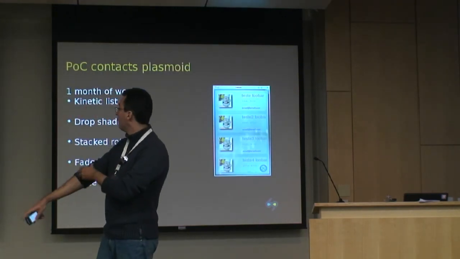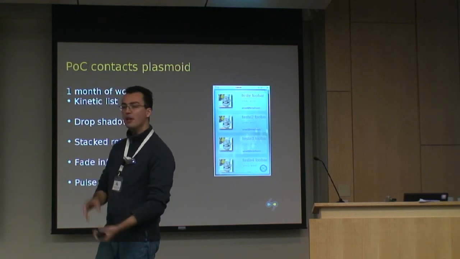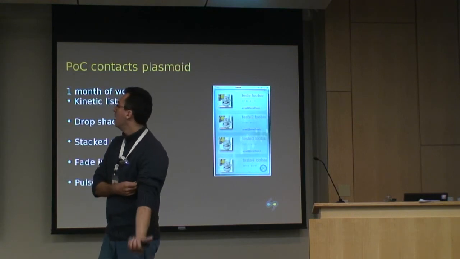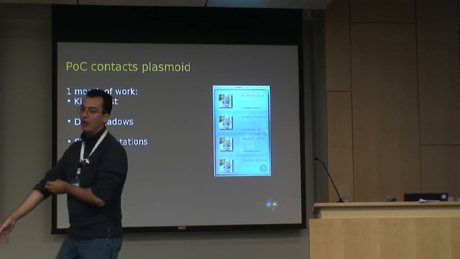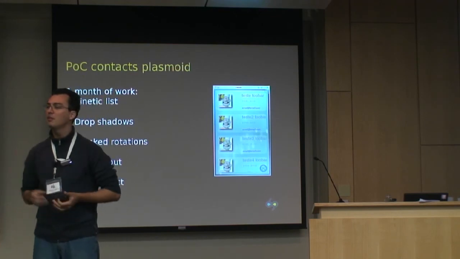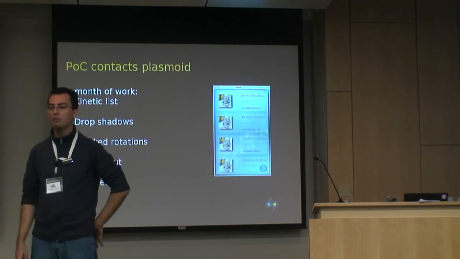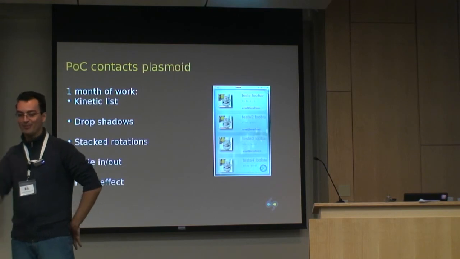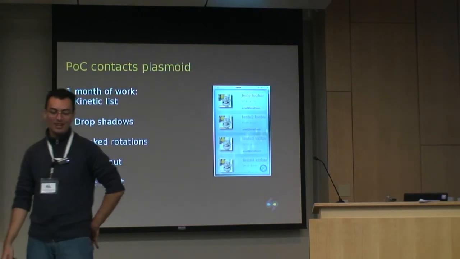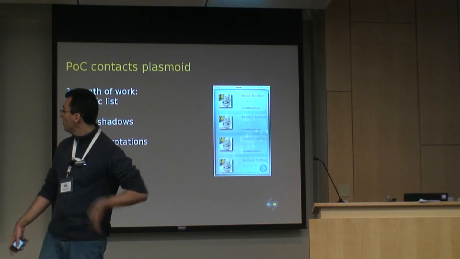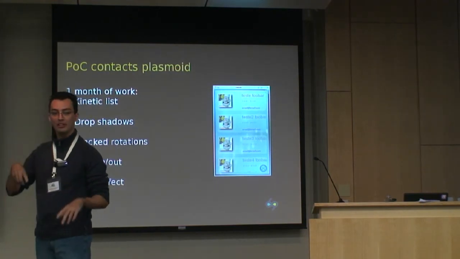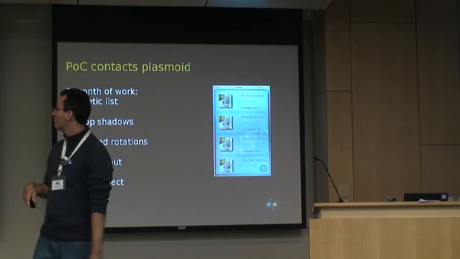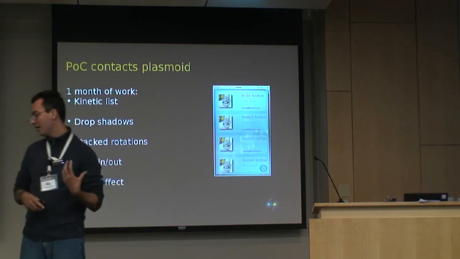Okay, so how did it all start? Around August of last year, we implemented a proof of concept contacts plasmoid. If anyone here is actually following the Plasma Devel mailing list? Yeah, you don't count. Okay, so what we got in one month of work was a Kinetic scrolling list, which I think is one of the really interesting